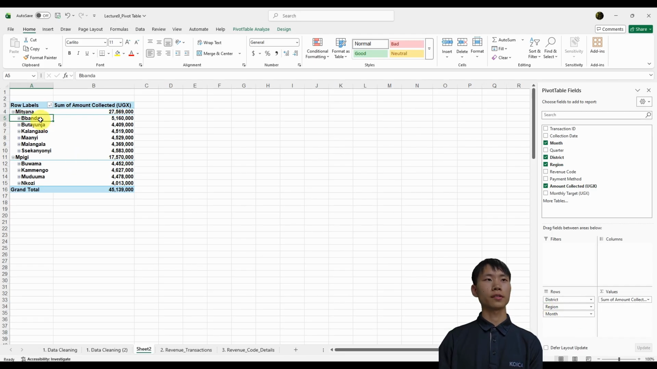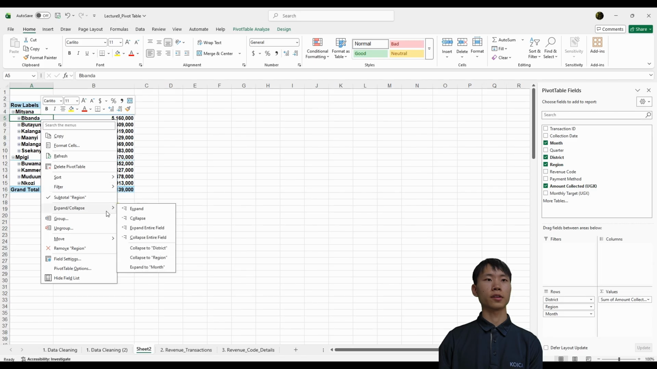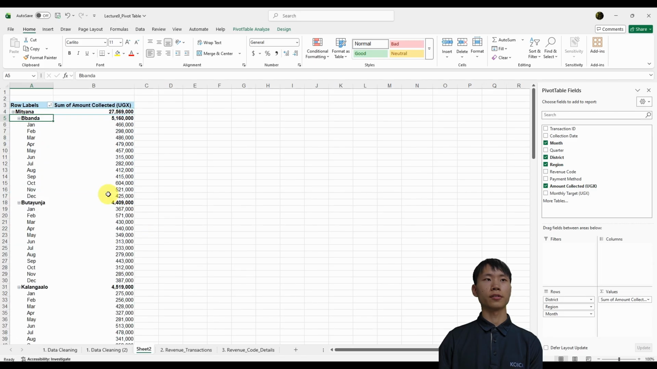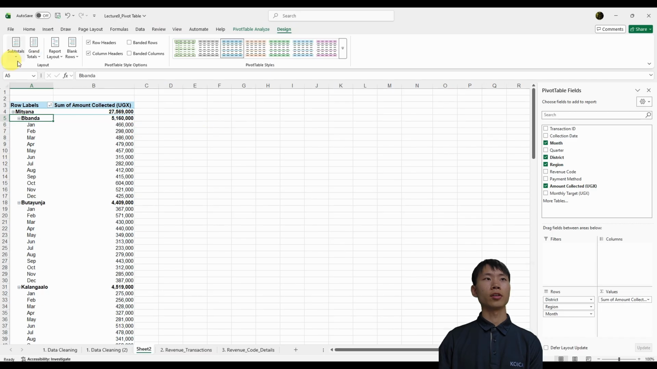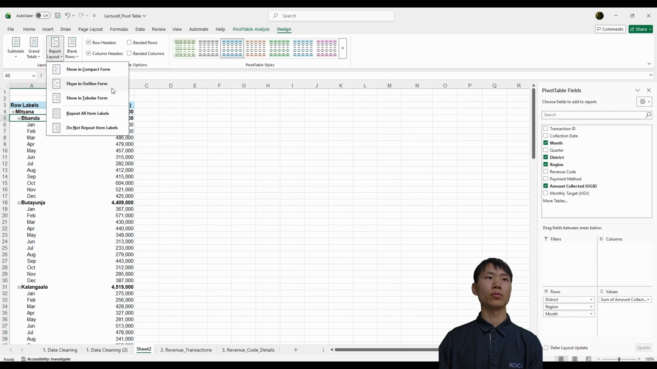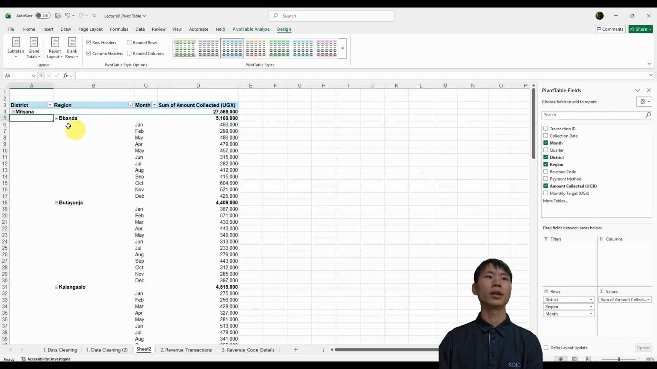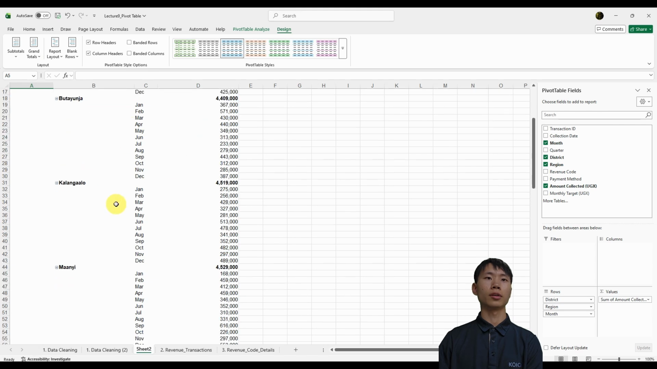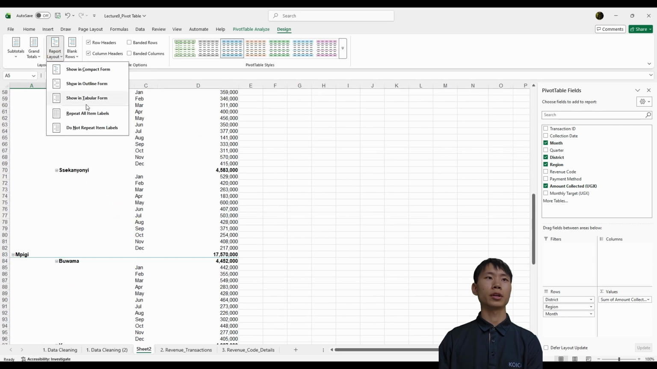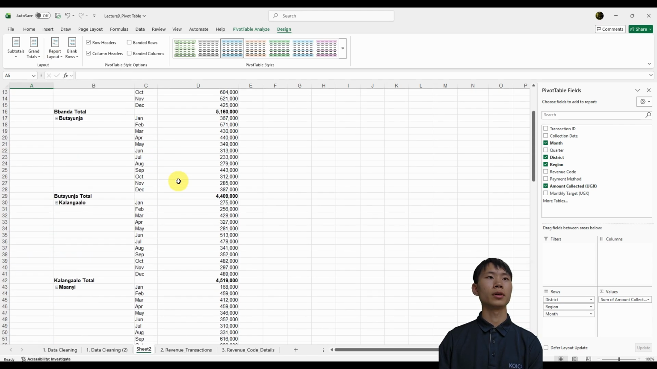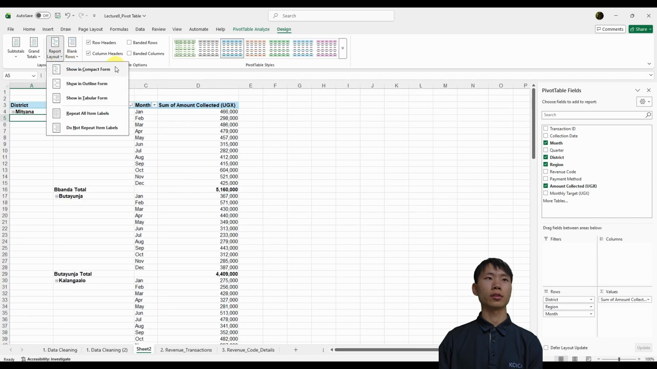Let's try and see this more effectively by first expanding the entire field, and then let's go to pivot design here, and under here the layout, we can change all the layout and the design of the table. For example, let's say I want to change the report into an outline form. Then we can see that it has become a different format. Or maybe I can change it into a tabular form, and maybe we can go back to the compact form